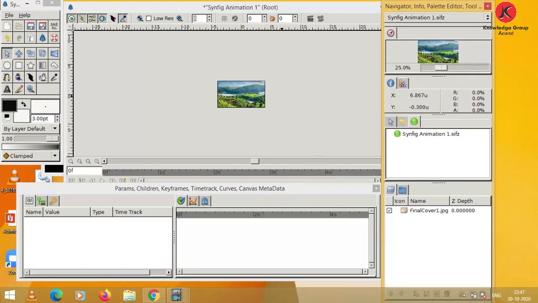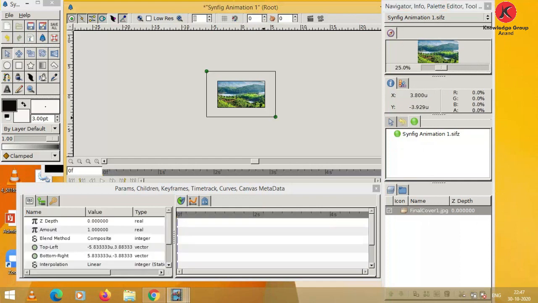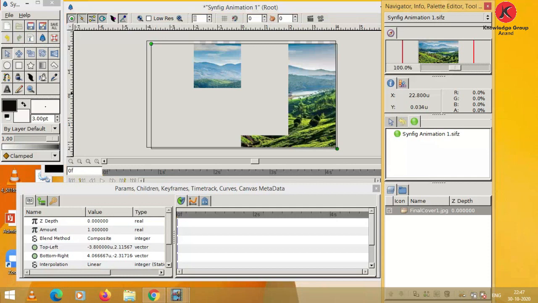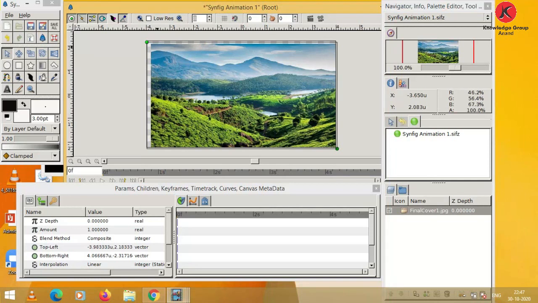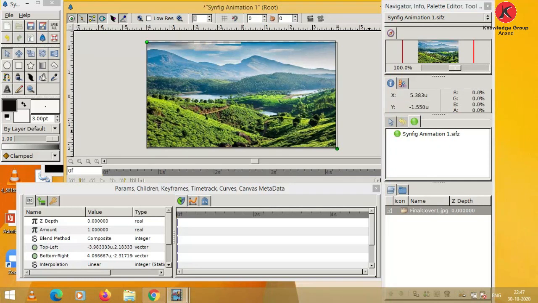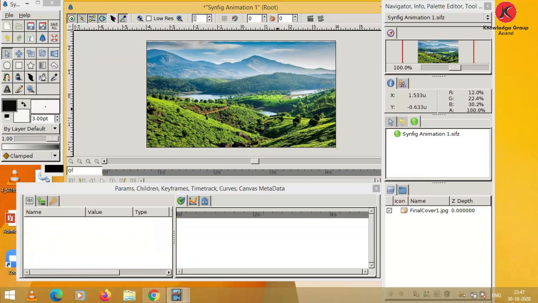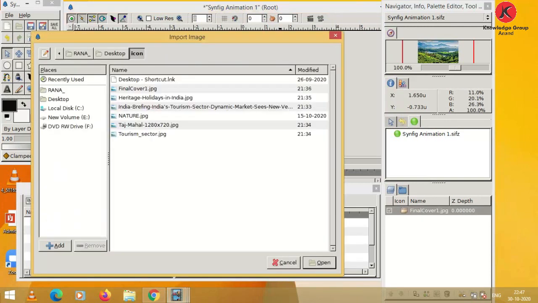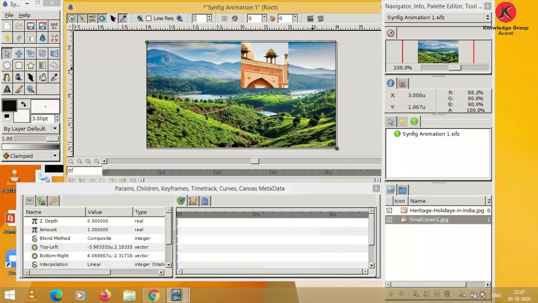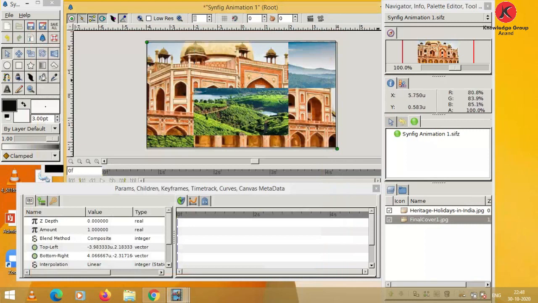the navigator panel you can properly arrange it by using the docks. Once again, one by one, we can insert an image. So once again, now insert an image by using Ctrl plus I. You can see here